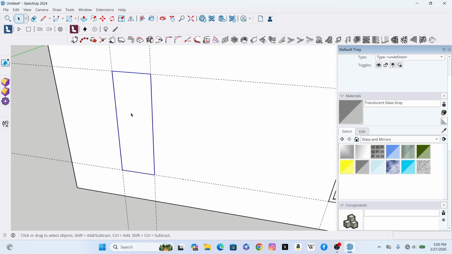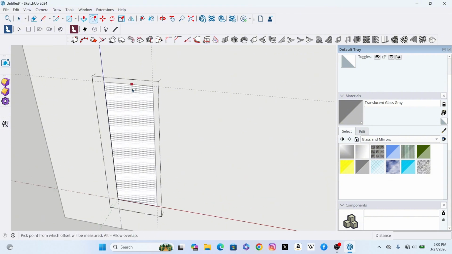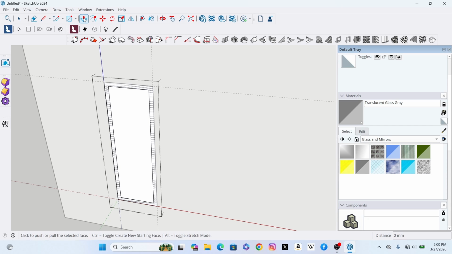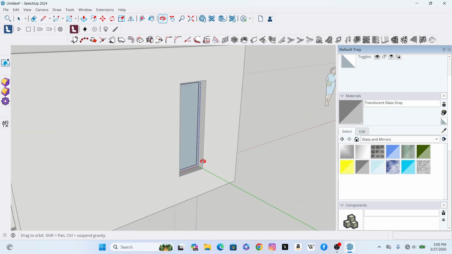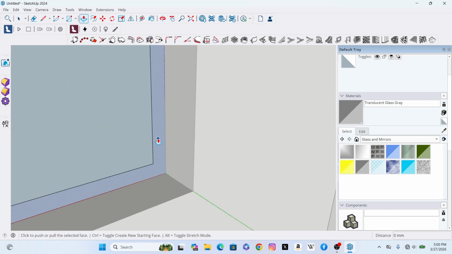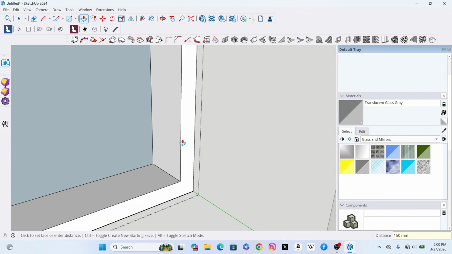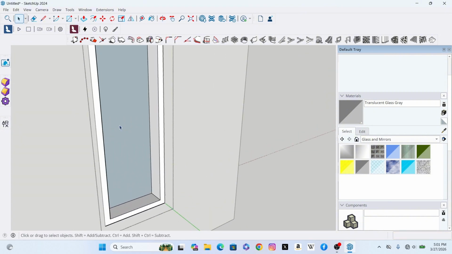All right, double click to open up that group, select it, then use the offset tool, then click over there and give it an offset of 50. All right, then next click at this push pull tool, then use the orbit tool to orbit it around this other side, then click over there and give it an offset of 150. Then next, use the arrow key to cancel out the push pull tool, double click over here, then right click,